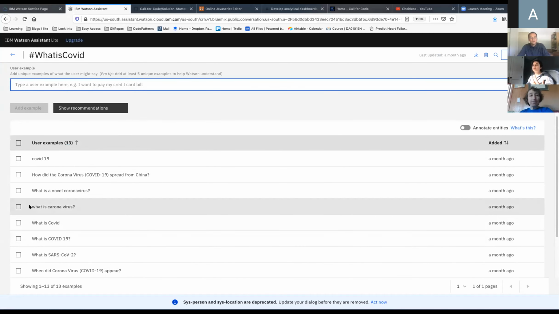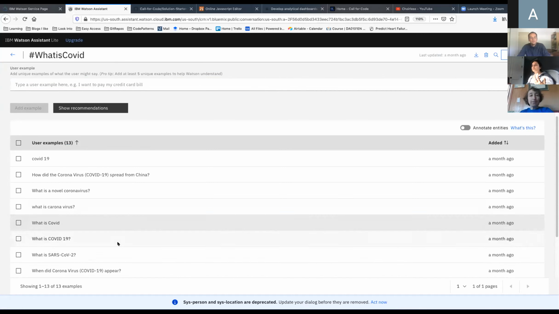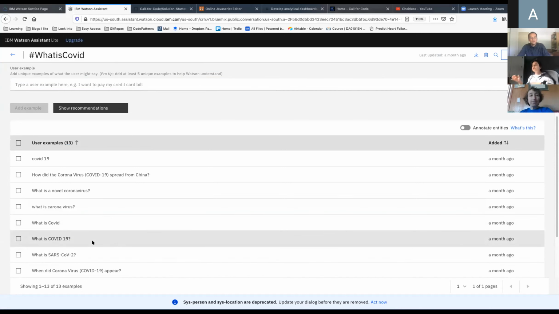And make sure you use different spellings and different grammatical ways. This is just going to help your Watson Assistant get stronger and understand what you mean. It does that by the use of natural language processing, so it understands the NLP in the phrase to build that conversation a little bit stronger.